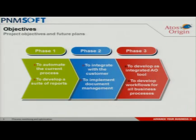So our objectives to our project, which is still ongoing, we're still in phase 2 at the moment and looking towards phase 3. So initially it was to automate our current processes and to develop a suite of reports. Then in phase 2, which we're working in at the moment, is actually to integrate Sequence with our customer and also to implement full document management to the process. The intention with phase 2 at the moment is to actually provide a self